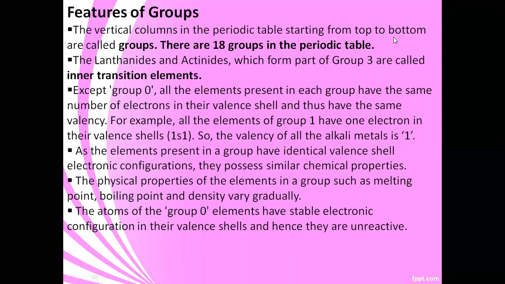Now let us see the features of groups. In the modern periodic table, there are 18 groups. The vertical columns in the periodic table are called